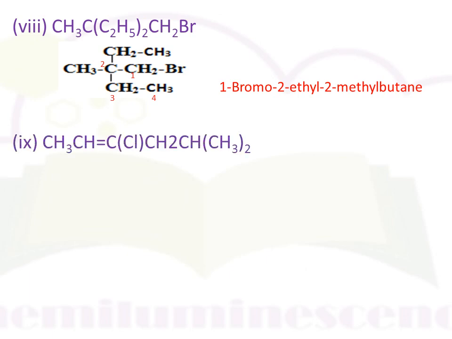Next example is this one. The open structure of this compound is in this way. Again, there is the presence of a double bond, and select this chain as the parent chain. Now, give numbering to the carbons. The numbering should be given from that end which is near to the functional group. If you begin numbering from this end, it is 1, 2, 3, 4, the carbon which is doubly bonded comes at the 4th position. And if we start the numbering from this end, it comes at the 2nd position. The numbering will be like this.